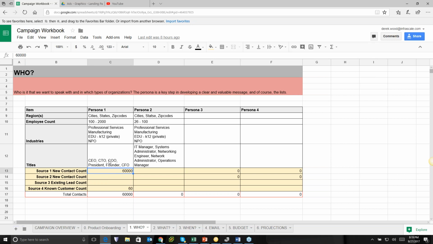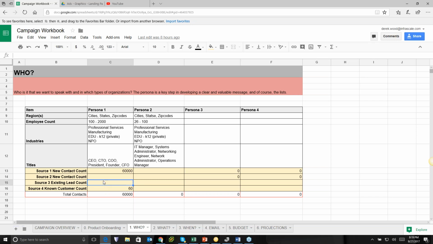But in this page, you would fill out your personas, and then you would start documenting your list counts. The easiest list counts would be the ones that you already have. So how many of your existing customers would make sense for this campaign as upsell opportunities, or just to keep up to date? And then how many contacts do you have that aren't yet customers but maybe could be?